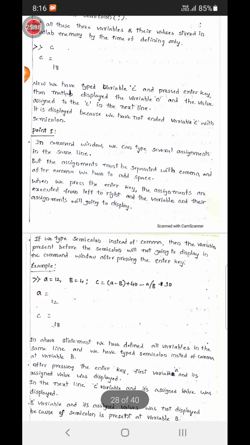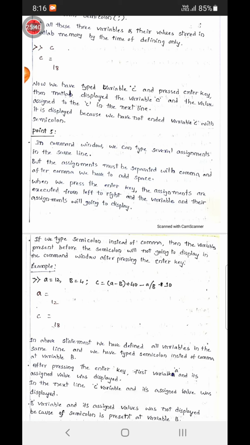We'll see all these points. See the example: A assignment 12 comma B assignment 4 semicolon space C assignment A minus B plus 40 minus A by B into 10. So in one line only, we have defined three variables: A, B, C. Three variables we have defined.